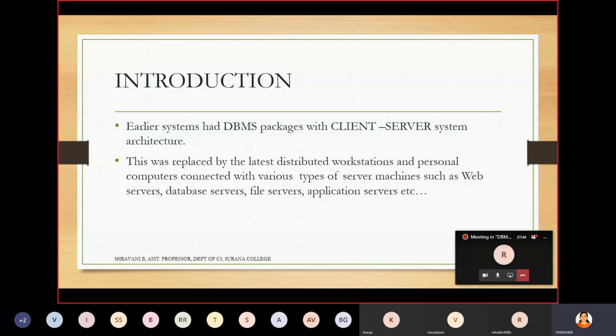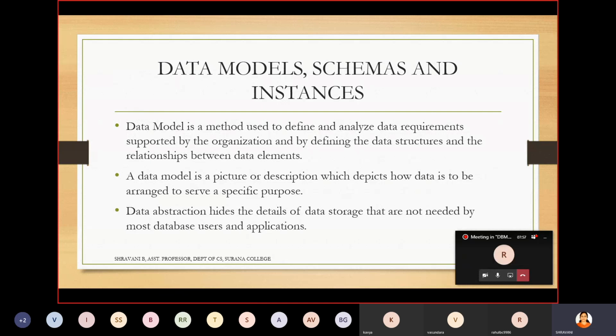So let's see what we are going to learn when replacing the old DBMS system with the new distributed workstations. For all those things, we need to learn the concept of data models, schemas, and instances.